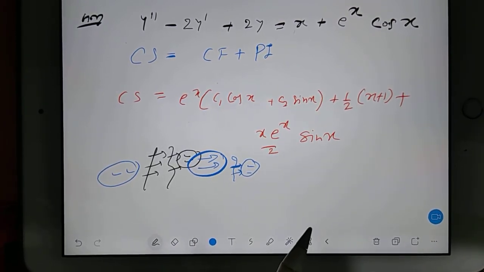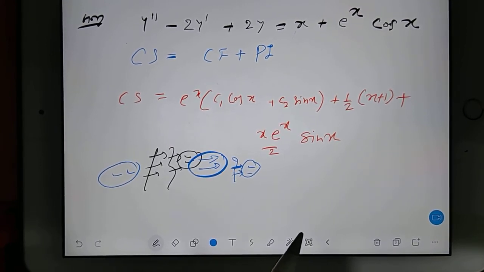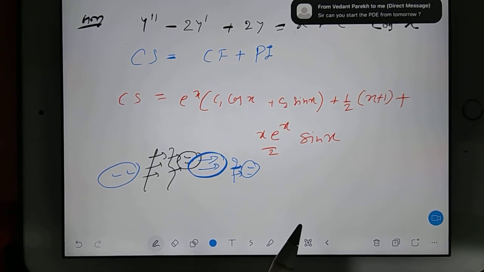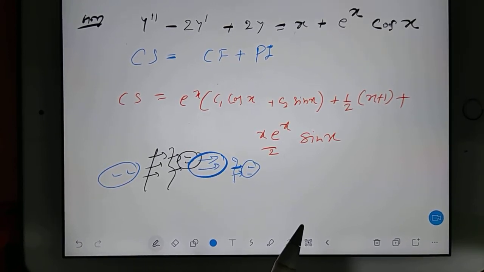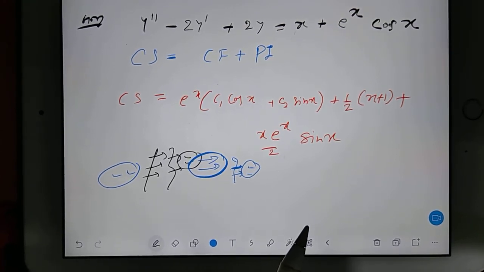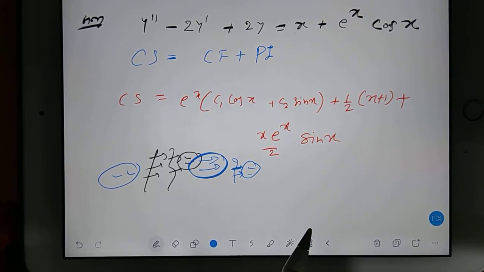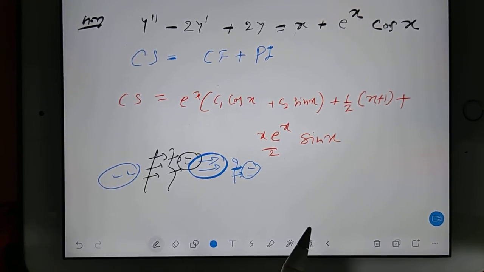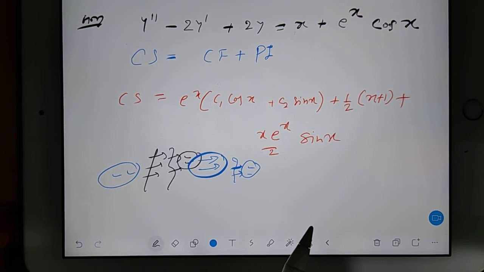Okay, you see that part also. That is also interesting. Probably we'll start PDE from tomorrow. No need to start today, because you have already done so much today. From tomorrow we can start PDE, because ODE is almost done. Some small topics are remaining. Then we can jump to PDE.